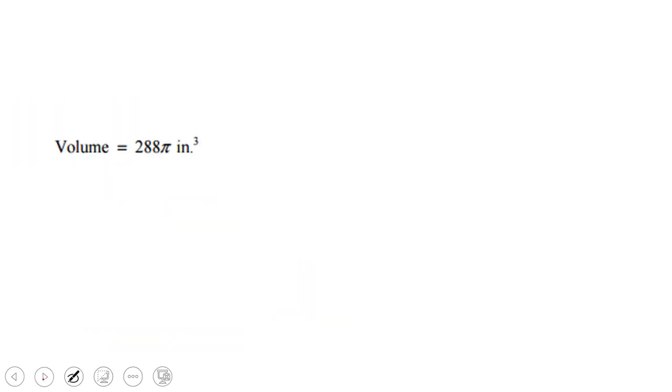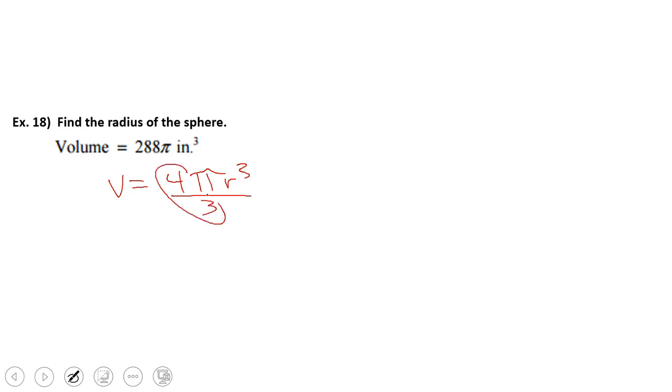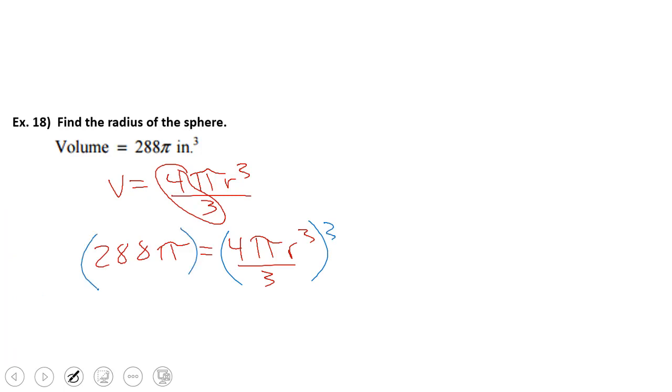Moving on to our last one, which says find the radius of a sphere. And we've done this already. So we know that the volume of a sphere is 4 times pi times the radius cubed divided by 3, because it's 4/3 pi r cubed. But this is how we write it just to do the math. So we have the volume of 288 pi. That's equal to 4 times pi times the radius cubed divided by 3. We're going to multiply both sides of this equation by 3 to get rid of that division. And that would give us